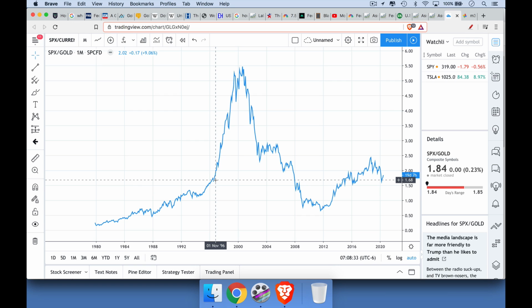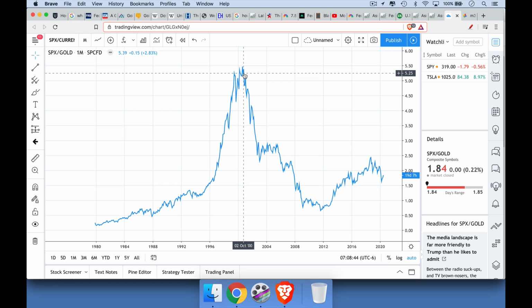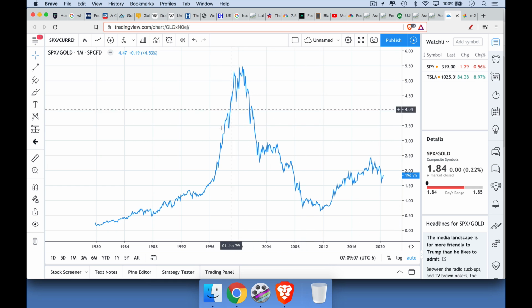So in most cases, you're better off actually holding gold than holding an index fund because of this. The stock market has basically gone down in gold terms, which is not an arbitrary way of measuring things. Gold tells you what your purchasing power is, and so the S&P has not really kept up with inflation and has not preserved purchasing power. So if you're storing your money in the S&P in an index fund, you do this because you want to increase or at least maintain your purchasing power. And this has not been true in 2020. It's basically held its purchasing power since 1996, with a lot of volatility along the way.